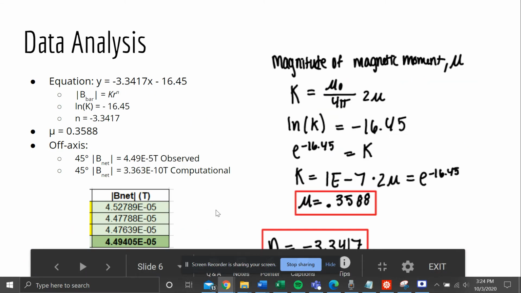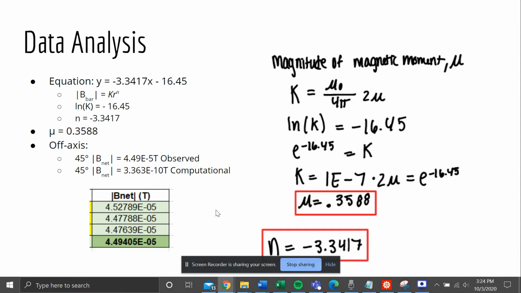With all that data, I could then calculate the magnitude of the magnetic moment mu. I did this using the equation from my earlier graph. This equation gives two important values. The slope gave us the n value, and the y-intercept gave us the natural log of k. By subbing in the known formula for k, I could then manipulate the equations and solve for a mu of